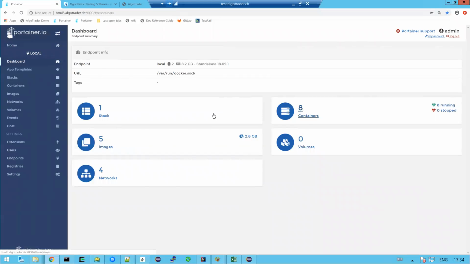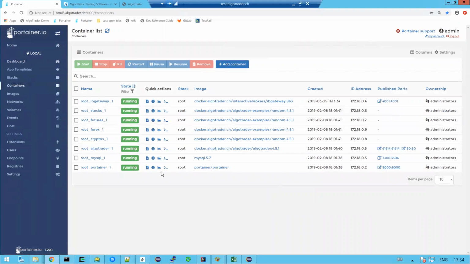Docker is a way for you to say, I have this component. One component, if you look at it, is the IB gateway. Instead of you asking the other day whether you have to put in the IB username and password all the time, if you put it in one time, we can create a container for it, and then it would always be up. So we have IB gateway running,